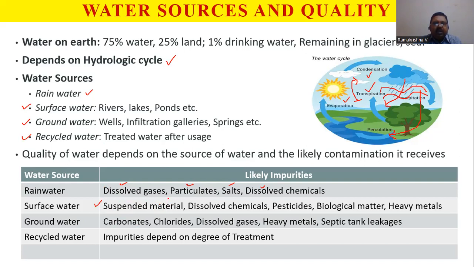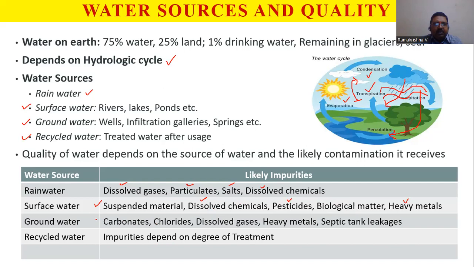which are there. Then they are going to create bad smells also, and depending on the chemicals which you throw into this river water through surface drainage, the dissolved chemicals will be there. The agricultural runoff contributes to different sorts of pesticides, and then the heavy metals coming from industrial wastewater join the surface water bodies. Similarly, groundwater again will have a simpler sort of impurities, but a very small content of